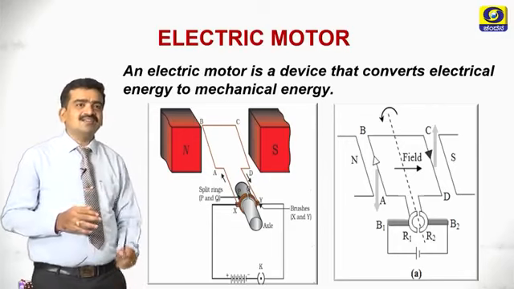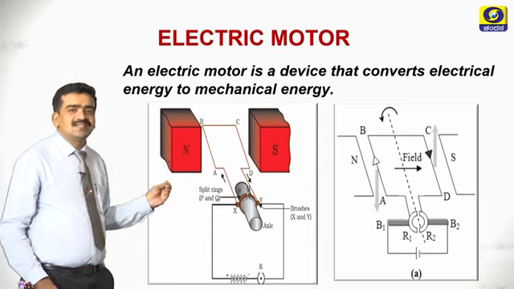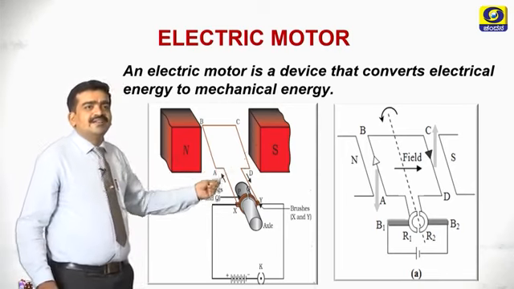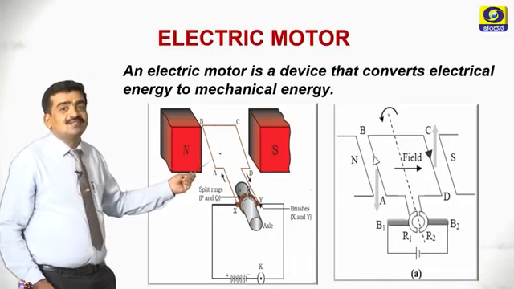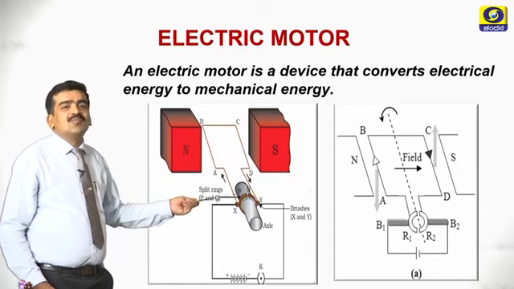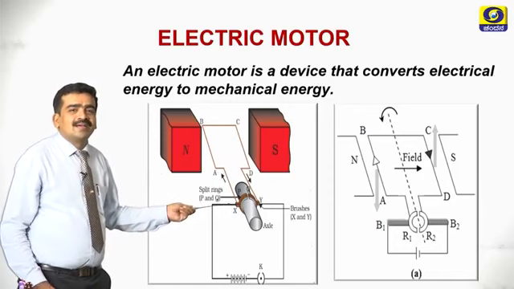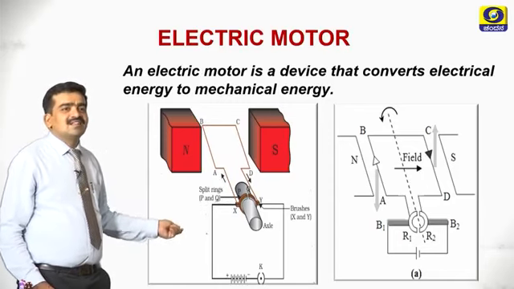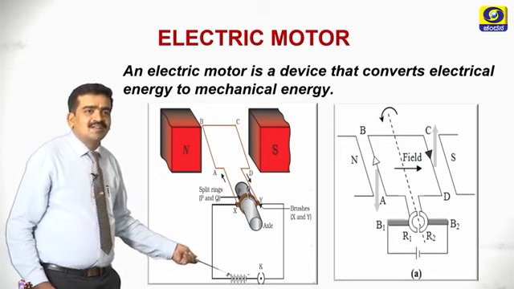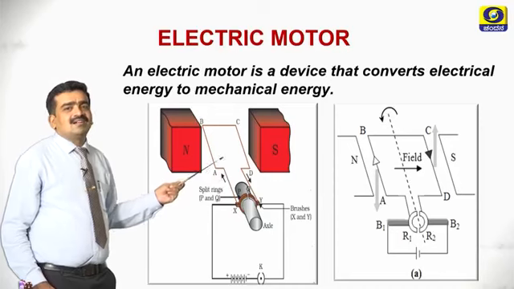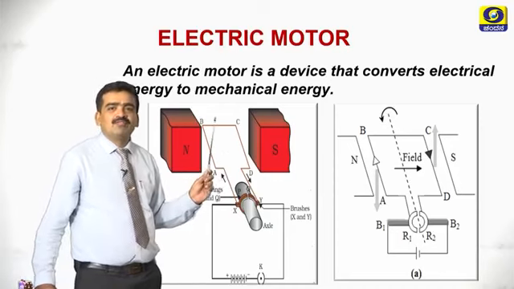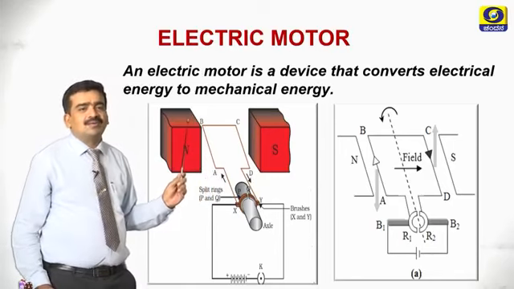So here you are seeing the parts of the motor. Here N and S indicate the magnetic field. ABCD is a rectangular coil of insulated wire which is connected to the copper rings, and the copper rings are connected to the carbon brushes, and the external circuit is connected to the battery. When we provide current over here, it will rotate, and the direction of rotation is identified by using Fleming's left hand rule.